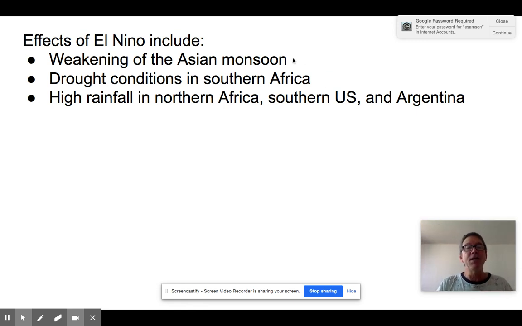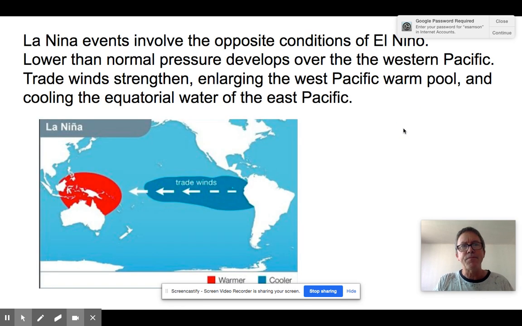You know what? It didn't end up in this, but one of the main things is off the coast of Peru, there is a total crash of the fish population, and the fish that don't die of starvation just migrate to other places. So during an El Nino, you'll get fish from the tropics showing up in Alaska. You get drought conditions in southern Africa. You get all kinds of rainfall in Africa, the U.S., Argentina, places that are normally fairly dry, suddenly getting flooded.